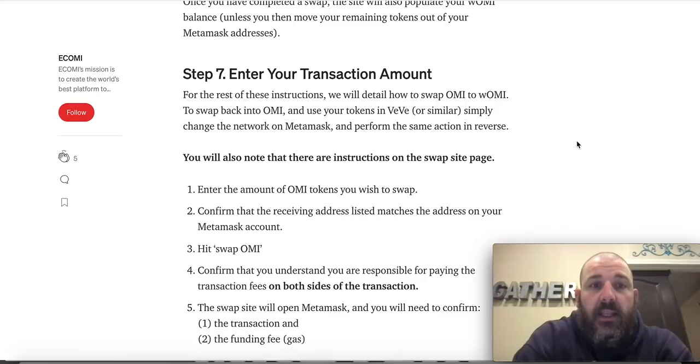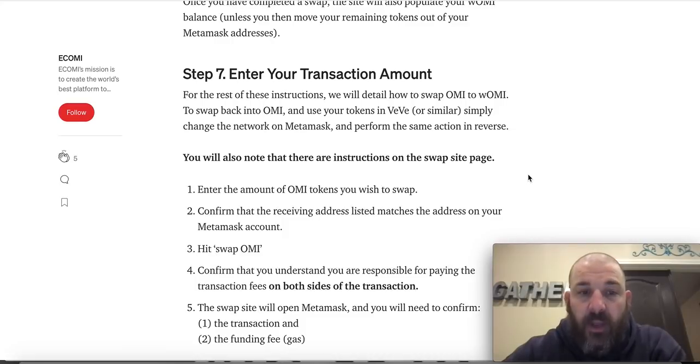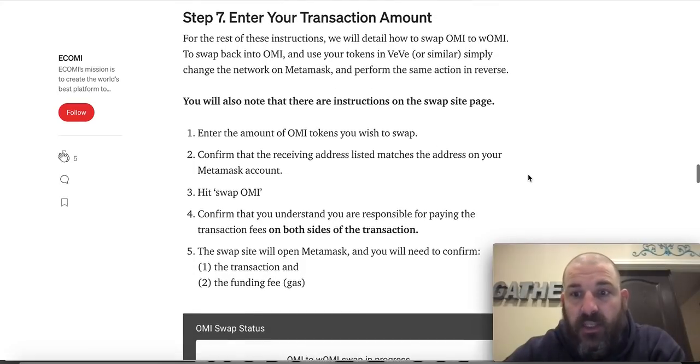Or similar, simply change the network on MetaMask and perform the same action in reverse. You will also note that there are instructions on the swap site page. Enter the amount of Ecomi tokens you wish to swap. Confirm that the receiving address listed matches the address on your MetaMask account. Hit swap OMI. Confirm that you understand you're responsible for paying the transaction fees on both sides of the transaction,